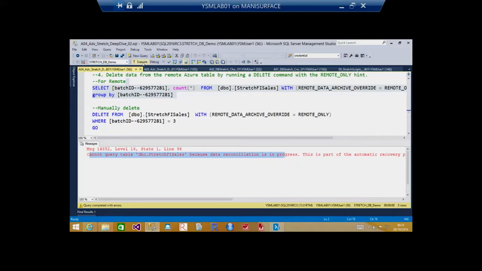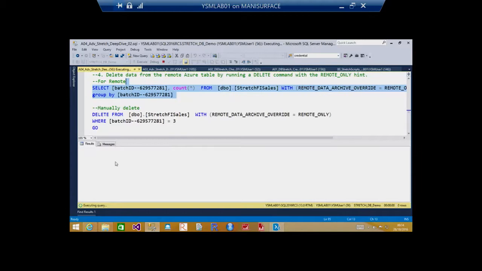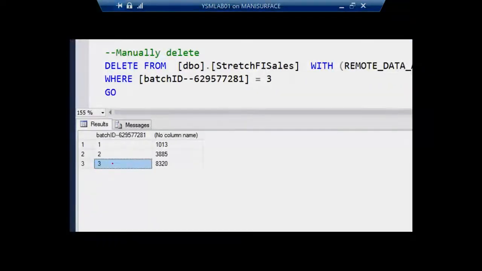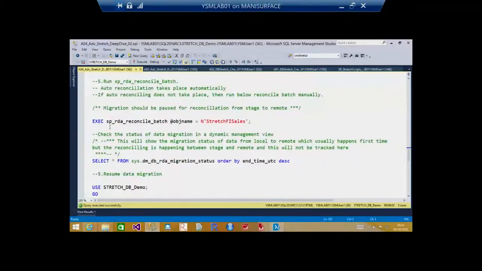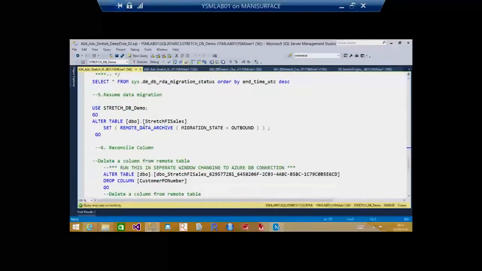And now let me try and re-execute the same query again in remote to see if the third batch has been reconciled. Hey, we got the third batch now in cloud. So that's a good one. Now I'm going to show you one more quick demo on